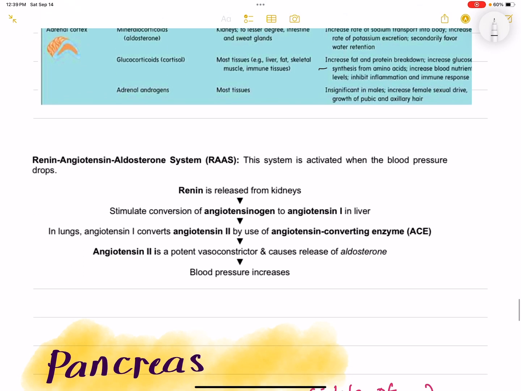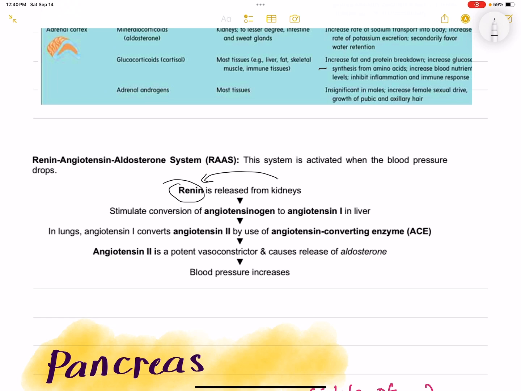So, ari gali ha, ang renin, angiotensin, aldosterone system o ang RAAS. Okay nga ginatawag. So, this system is activated when the blood pressure drops. So, once mag-drop aton nga blood pressure, ang RAAS or ang renin, angiotensin, aldosterone nag-activate. Okay. So first, ang renin. Ang renin is released from the kidneys. Okay? From the kidneys. So stimulate conversion of